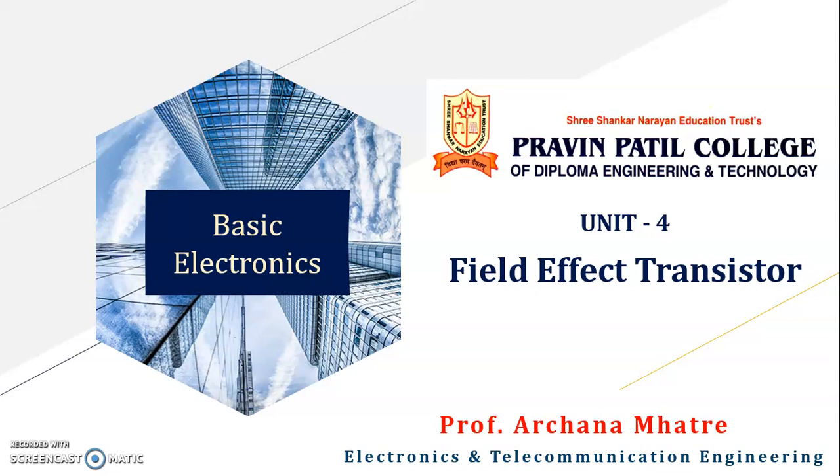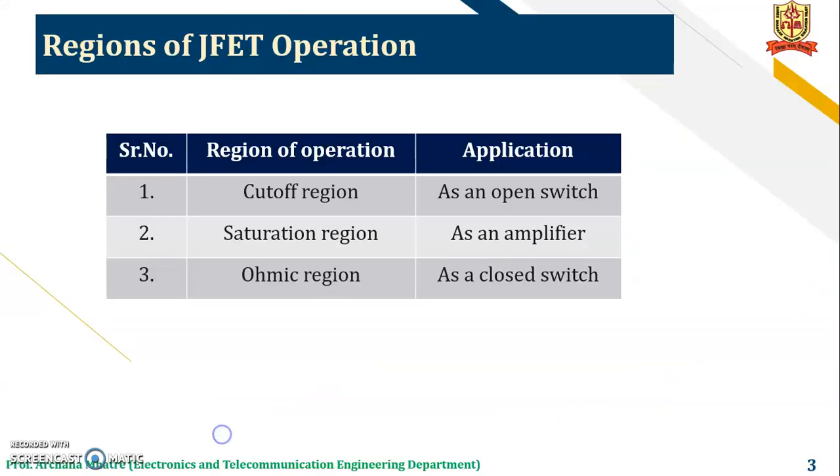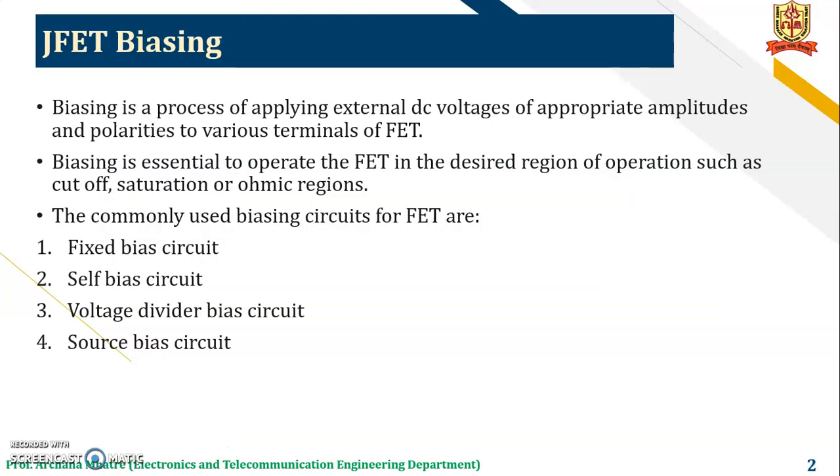In this video, we are going to continue with the fourth unit of Basic Electronics, that is Field Effect Transistor. So in this video, we will see the JFET biasing. The biasing is a process of applying external DC voltage of appropriate amplitudes and polarities to various terminals of FET. The biasing is essential to operate the FET in the desired region of operation such as cutoff region, saturation or